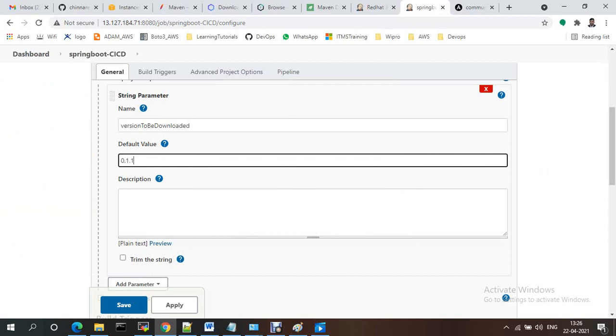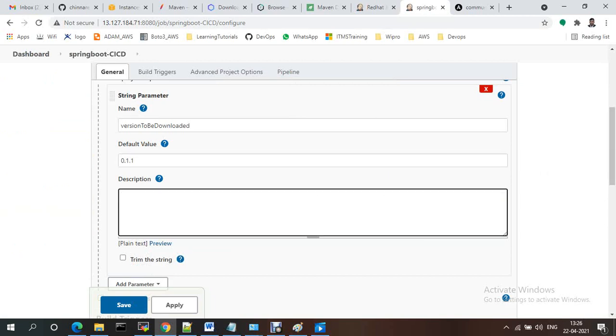If no one provides anything, it should pick from this version. If you want, you can write a description: please provide a valid version from Nexus repo.